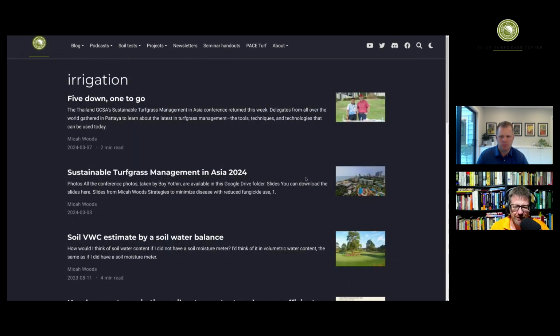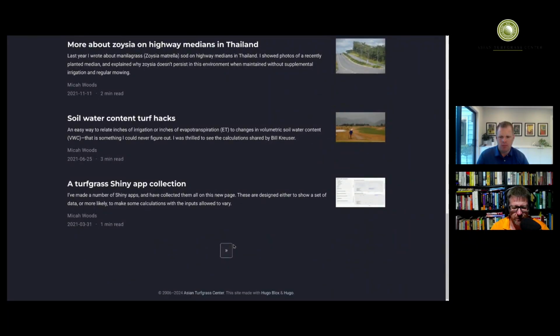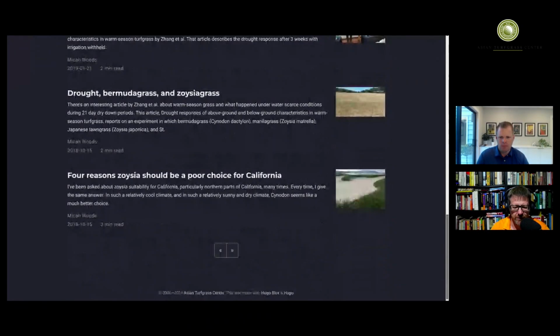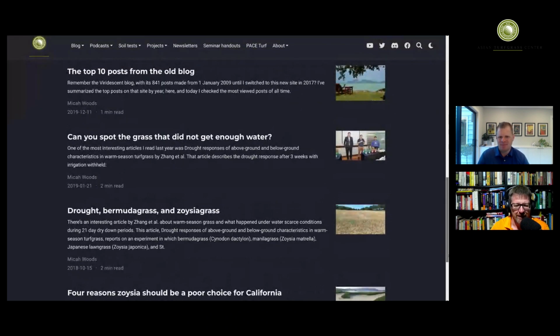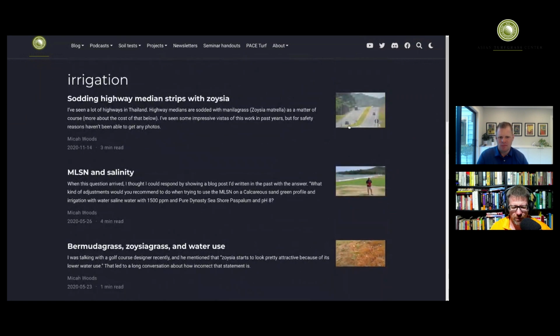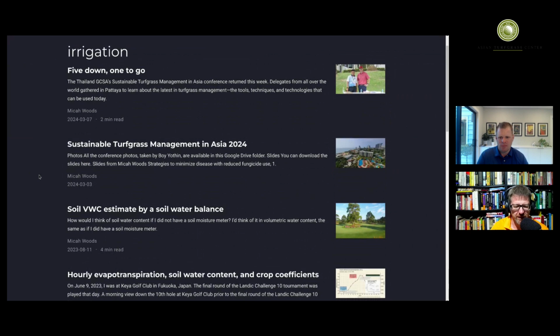So if you go to the irrigation tag, you're going to find all of the posts on the ATC website that are about irrigation, and there's many of them. We could scroll down the screen and go to the next page. I'm sure there's a third page, a fourth page. There's many pages, many posts about water. And the specific one that I want us to look at real quick, if you're interested in this,